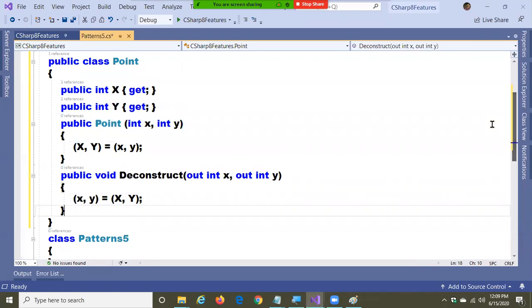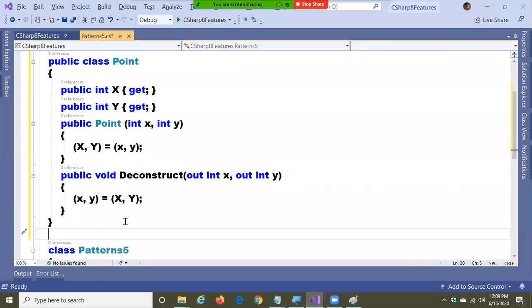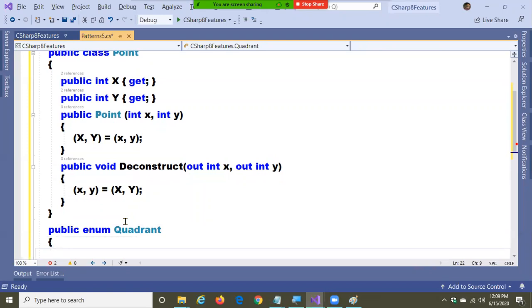Next, every circle has four quadrants. We discussed it: first, second, third, and fourth quadrant. So here I'm going to define one enum: public enum Quadrant, and it has these options: Unknown, Origin, 1, 2, 3, 4.